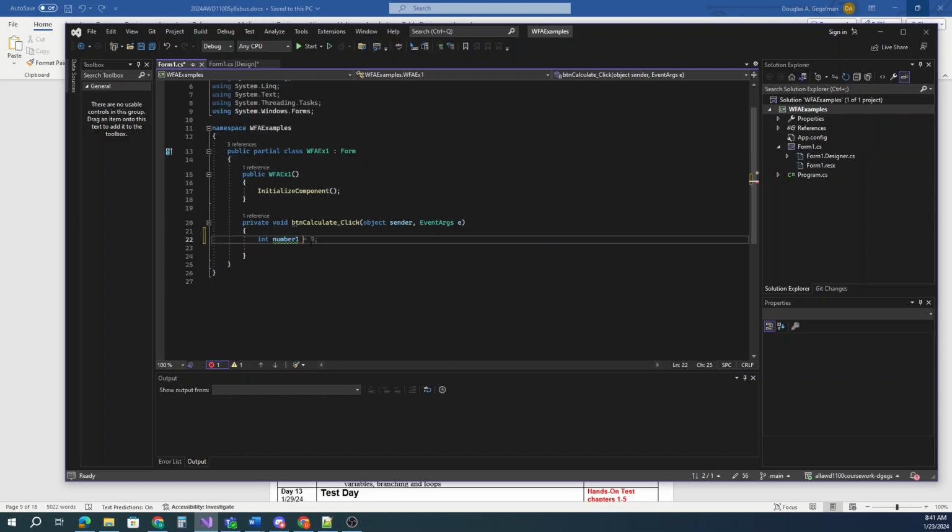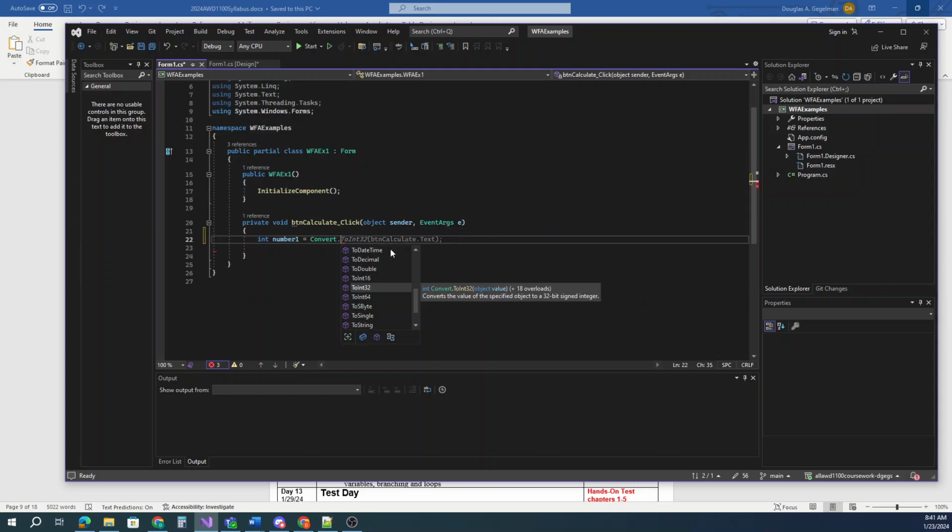We're going to assign it a value, and that value we're going to assign it is whatever text they're entering in that text box number 1. So what we'll do, because when it comes in through that text box, it's text, it's a string. And again, for the int to talk to a string, we've got to convert that string to an int. So we'll do a convert to int32,